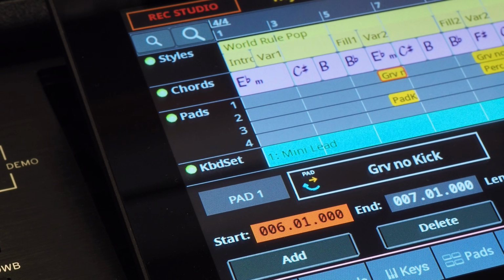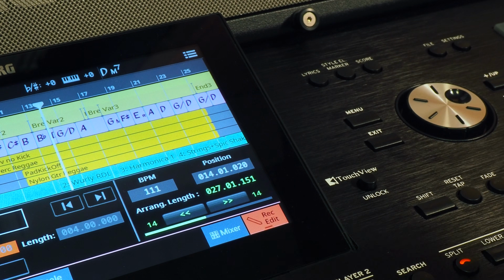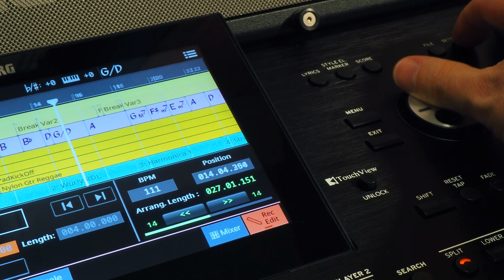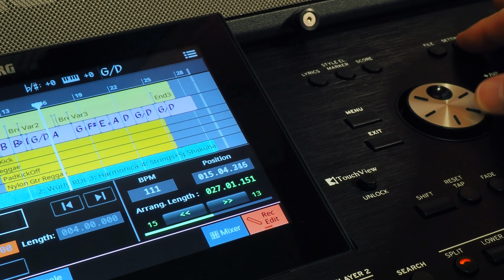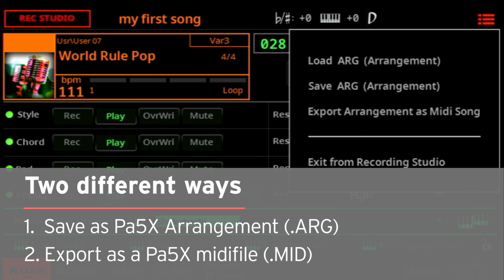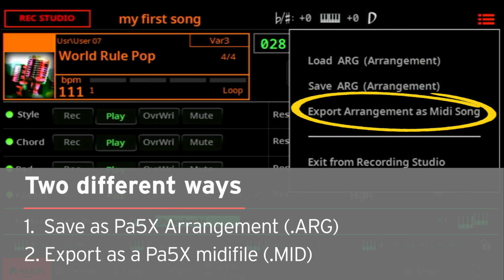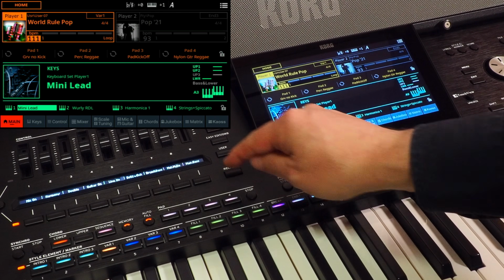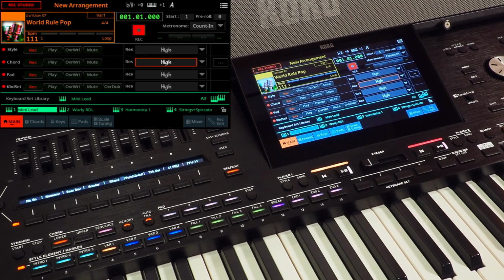As soon as you recorded and modified something in the recording studio, you can handle your arrangement in two different ways. You can save the project in a special arrangement file for having the edit possibility also later on, or you simply export your song as a Pa5X MIDI file for an instant use or edit in Song Record or in an external DAW. As a very first step, let us record a song using the 4 style keyboard sets,